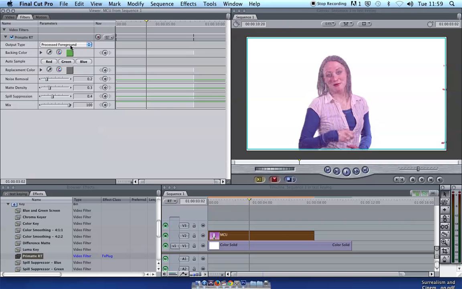Okay, right, I'll work with what I have here. Right, so my processed foreground image